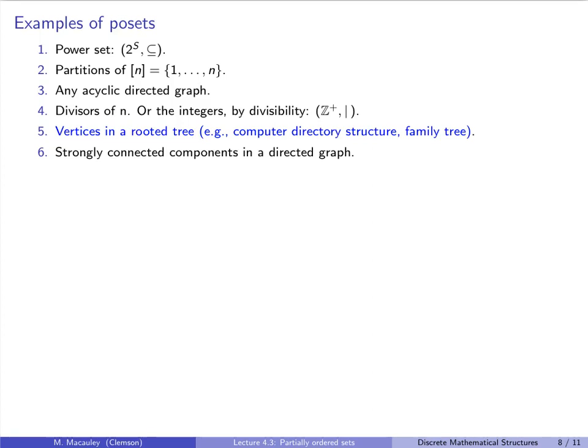Our fifth example, I don't think we've seen this before, vertices in a rooted tree. For example, a computer directory structure or a family tree. So by computer directory structure, consider the following. You don't usually draw it this way, but I think you'll get the idea. So if you use Unix, you'll recognize this especially. So within the root directory, or just a slash, there's bin, there's user, there might be users, there might be lib or library. Within users, there might be students, and there might be faculty,